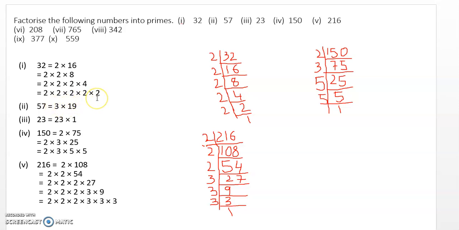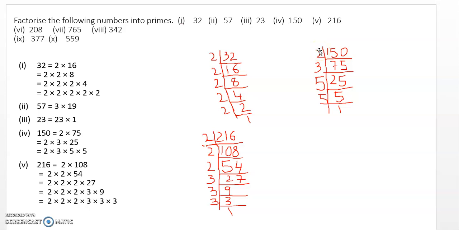You can see set 11. In the set 11 it is given. Then 23, it is 23 into 1. Then 150, so that I have shown you. So that is, it goes in the table of 2. 75 is 150. Then it goes in the table of 3. 75 goes in the table of 3. 325 is then 5, 5 is then 5, 1 is then at the end 150.